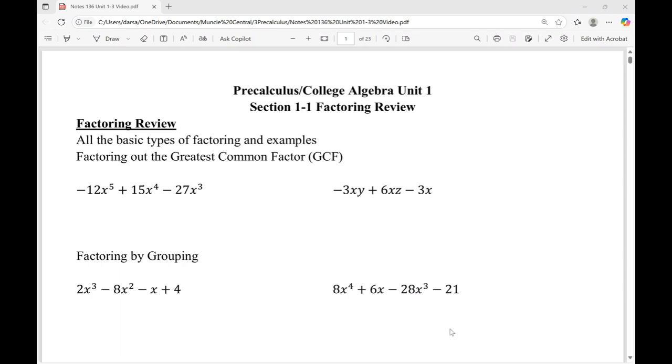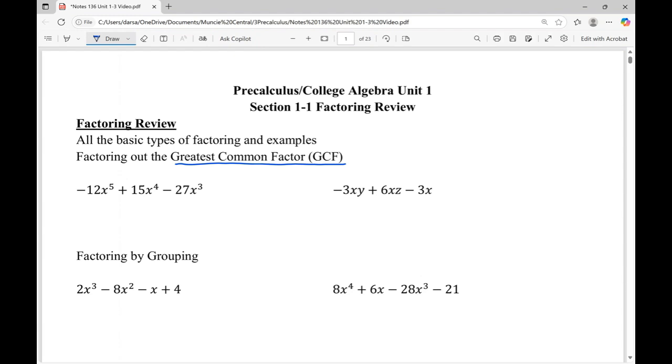To begin our journey in college algebra, we are going to start by reviewing something that is going to come up over and over again, and that is factoring. We'll go through all of the basics of factoring, but this video in particular is going to be about the greatest common factor factoring. So remember, with the greatest common factor, what you're looking for is a number that will divide all of the numbers that you've got and a variable to an exponent that is contained within each of